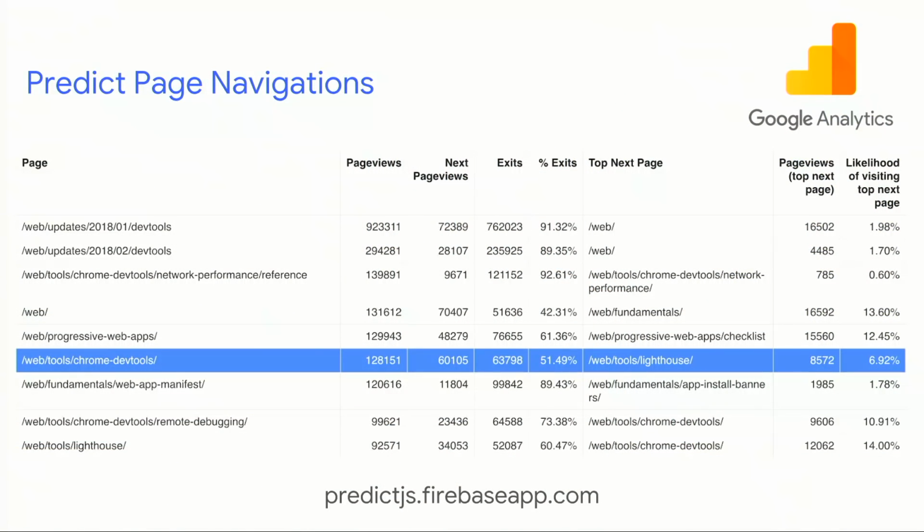So we actually have data available to better inform our optimizations today. Using the Google Analytics reporting API, we can take a look at the next top page and exit percentages for any URL on our site. In fact, we have a little tool for this that anybody can check out. Here it is for